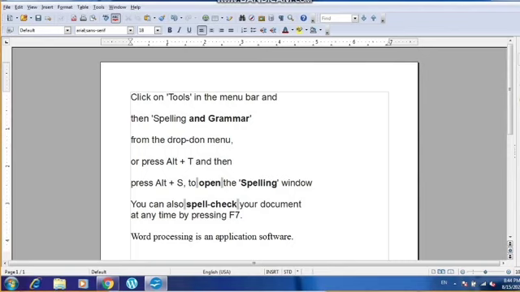One more thing: whenever you try to do a spell check, it will change or give you the suggestion according to the dictionary which is available inside Writer. Suppose you have written a spelling incorrectly, and you know that it is incorrect, but this spelling is also present in the dictionary of OpenOffice Writer. In that case, it is not going to give you the error.